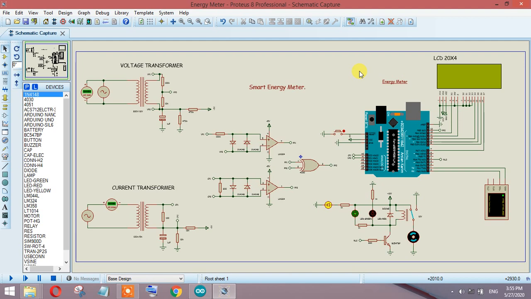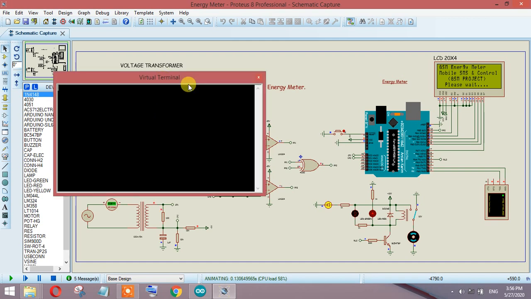And we are using a relay circuit over here, which will be able to turn the circuit on and off in different conditions. For example, if the voltage goes beyond a certain limit, or if the current goes beyond a certain limit, or if you want to make a prepaid energy meter and you have completely used your balance, then you have to recharge again, and all those kinds of things. I have also given an additional port over here, which you can use to send the data to a GSM module or Wi-Fi or Bluetooth. You can use anything you want. So let's run the circuit and check.